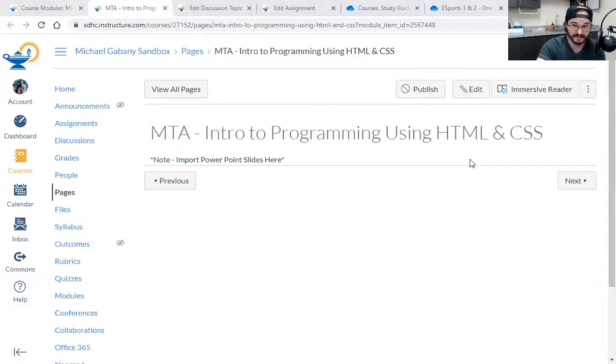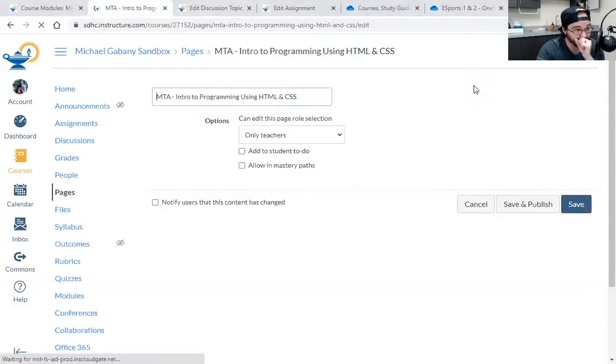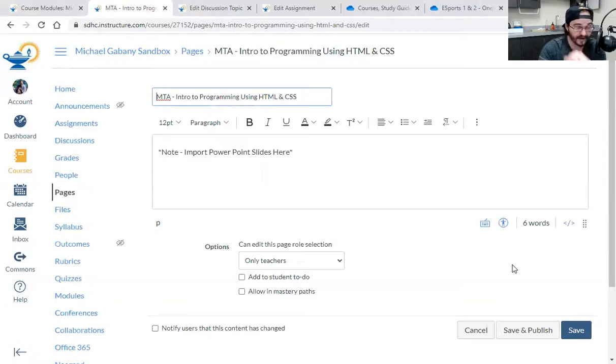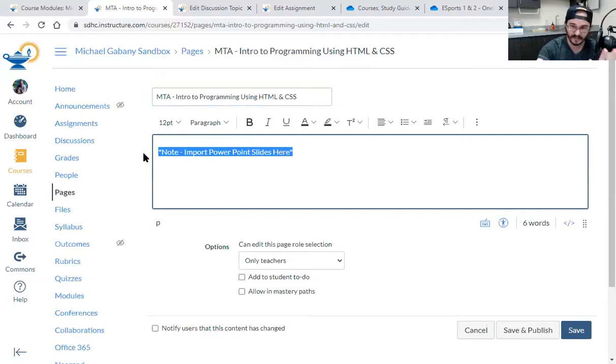This is what you're going to see. So click your edit button. This is what you'll pull up. All right, some cool stuff here. All right, I had already put that I want to put PowerPoint slides here, but you'll see something that's completely blank. You have so many options. You can change your text, you can do paragraphs, change your fonts, you can put things in like superscripts, subscripts, you can align, you can put bullet points, you can do paragraphs. I'm not an Englishist, so I don't know how to use this stuff. I'm a simple physics guy who now teaches esports.